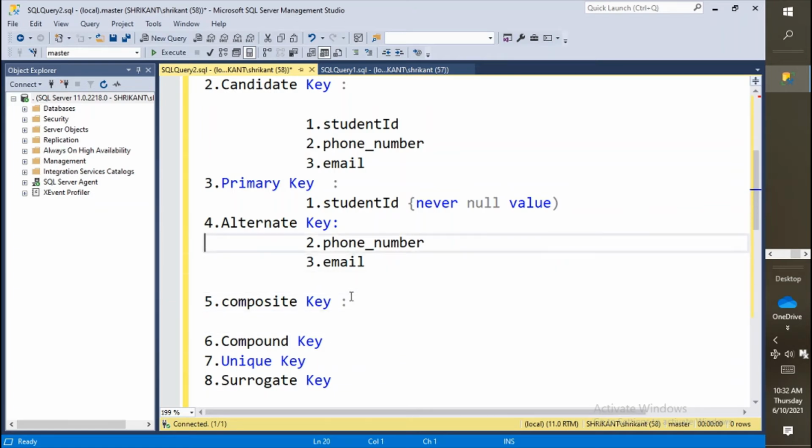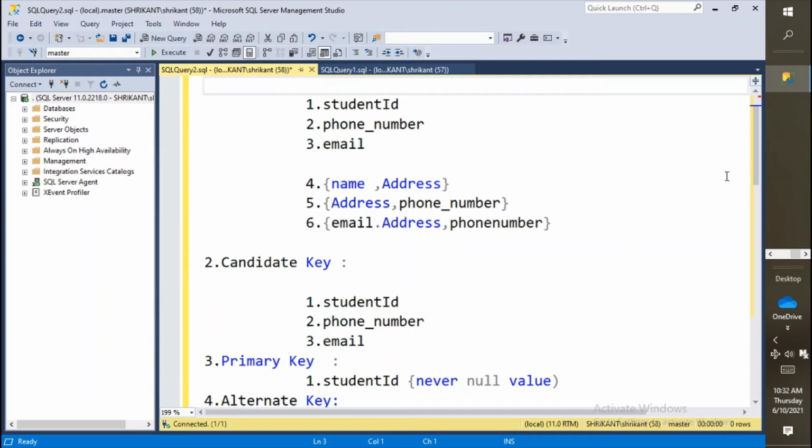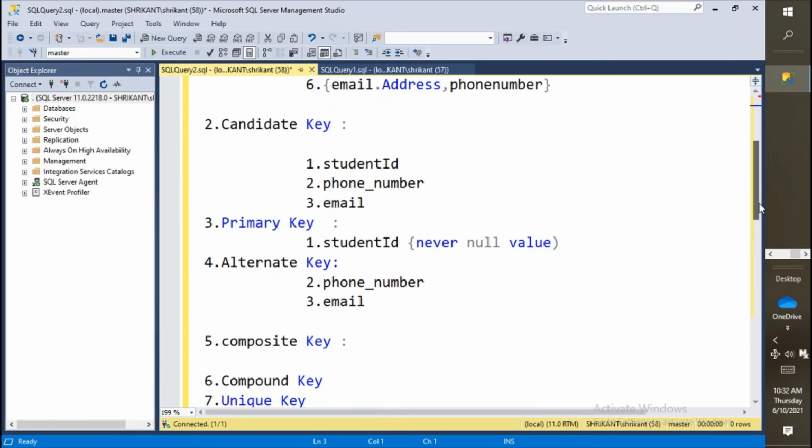Now, what is a composite key? Before that, one more interesting point I want to add here: there can only be one single primary key. So these are two limitations. Always remember, there would never be a null value for a primary key, and there will always be a single primary key on a table, because whenever we create a primary key on a column, it will automatically create a clustered index on that.